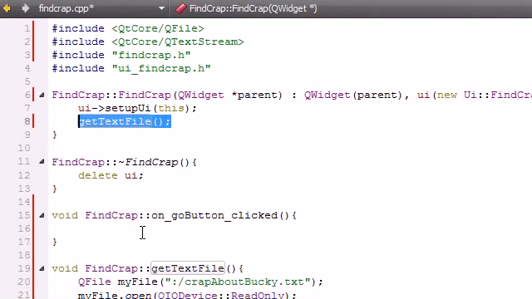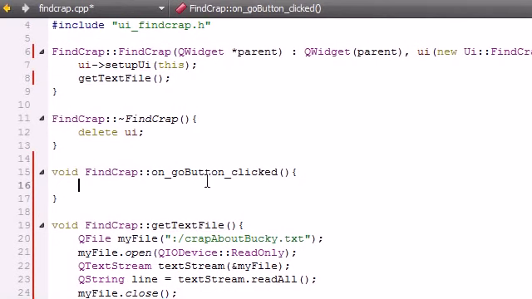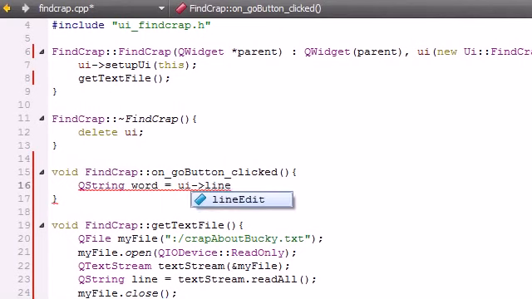There you go. So basically, it's going to set up the user interface and start reading the text file, but we aren't done yet. The only other thing that we need to do is on go button clicked, basically whenever they hit that search button or the go button that we created in the second video. What do we want to do? Well, the first thing is we want to find what term they're searching for, and we want to store it in a variable. So store it in a QString, and I'm just going to name my variable word, and set this equal to ui line edit